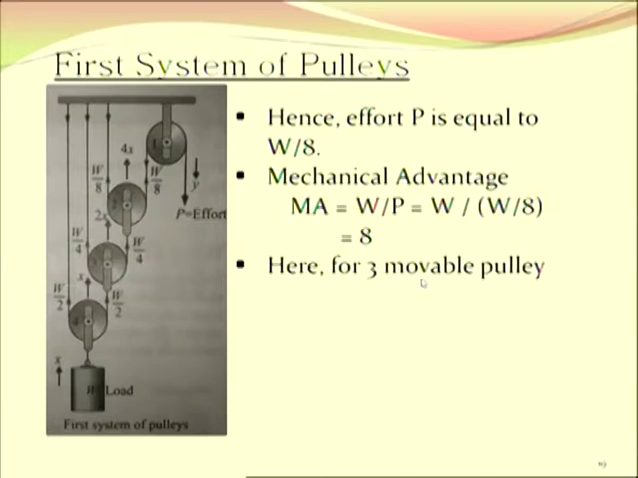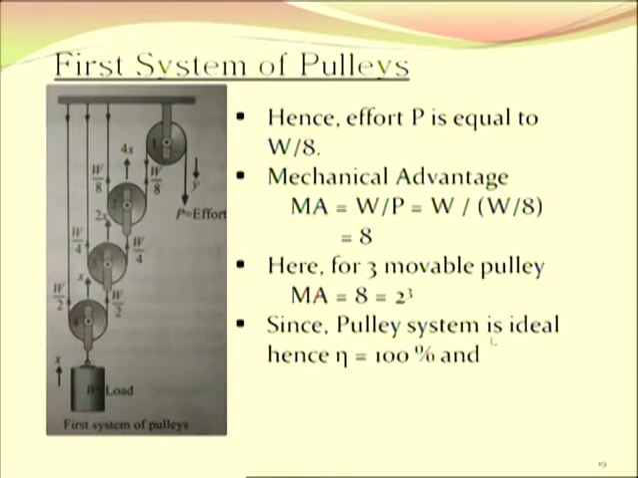Here for 3 movable pulleys, MA is equal to 8, that is 2 raised to 3. Actually, in this system the first one is a fixed pulley, and the second, third and fourth are the movable pulleys, and we can mathematically say that it is 2 raised to 3 because of 3 pulleys. So for n number of pulleys,